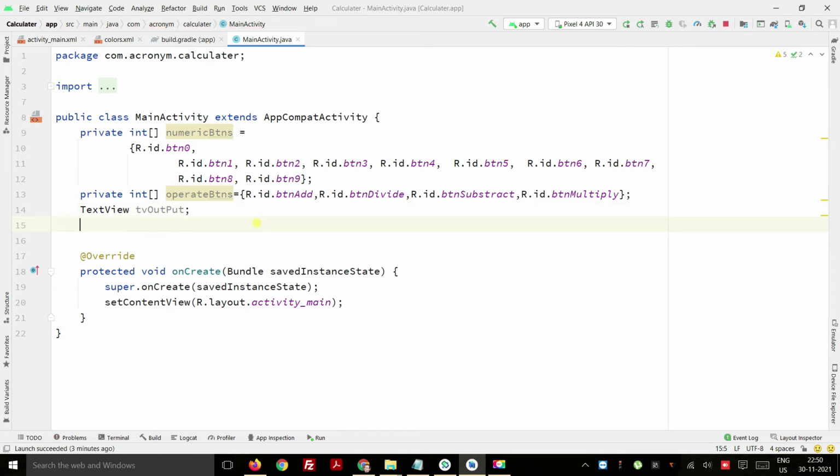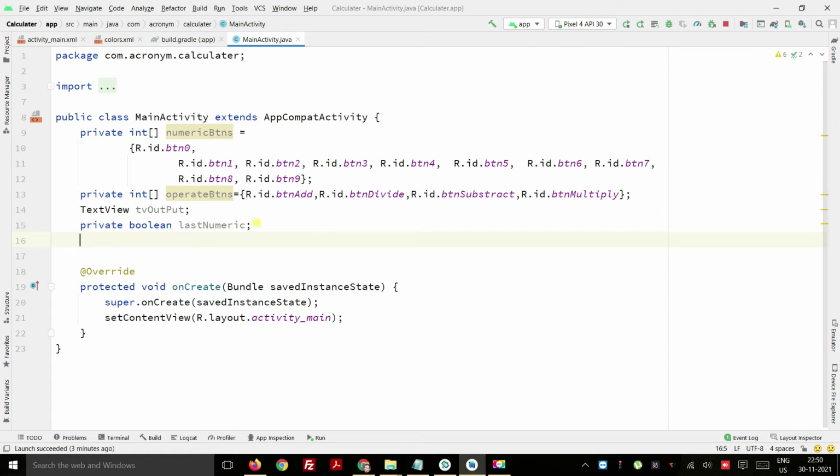And then we have to check lastly whether the last pressed key is a numeric number or not. So for that we are going to write private boolean lastNumeric. After that we have to check if there is any error or something, so we have to verify that also.